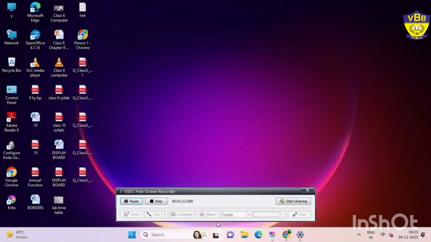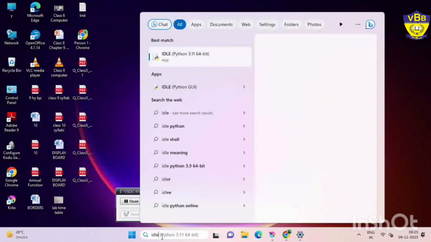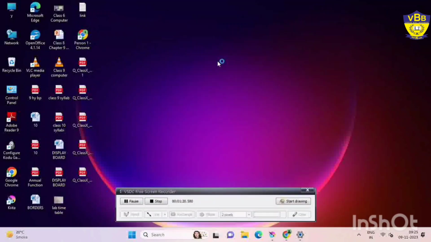So let's see. For that you need to open IDLE. I am just typing IDLE here. Click on that and open the shell mode. There you can directly write the entities and you will get the result. So what comes under the arithmetic operator? Plus, minus, into, divide, modulus, exponent and floor division. I hope you know the meaning of plus, minus, into, divide, but it might be possible you don't know the meaning of modulus, exponent and floor division.